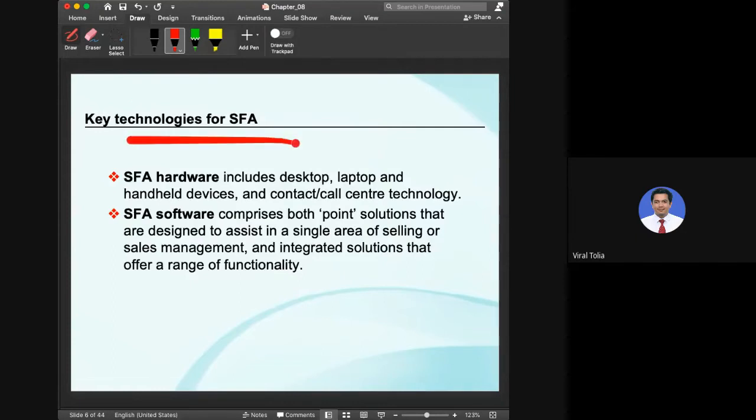Now, what does this software basically do, or what is this concept all about? SFA is hardware including desktops, laptops, handheld devices, contact center technology, and, from the software point of view, point solutions designed to assist a single area of selling, sales management, an integrated function, or a range of functions. Your software is prepared in such a manner that from the business perspective,